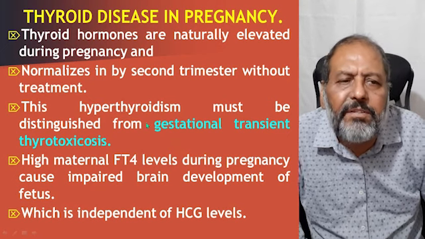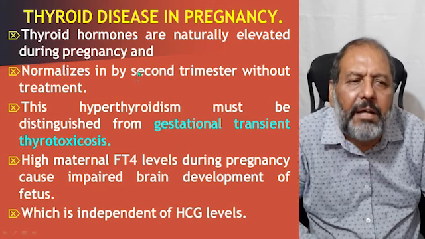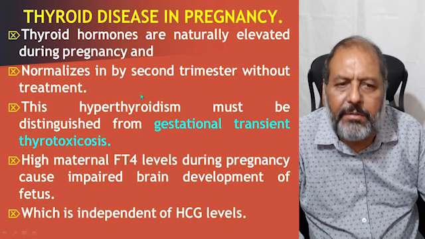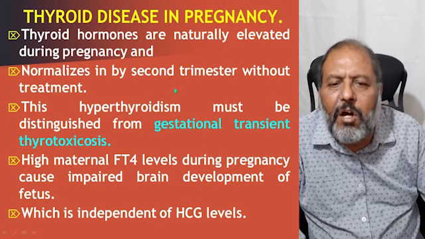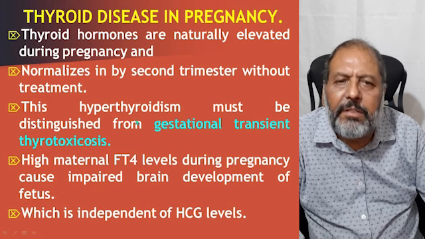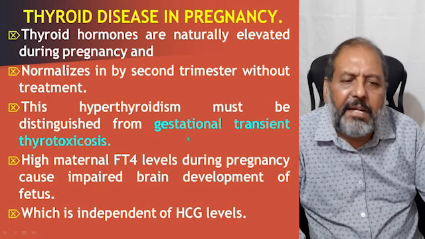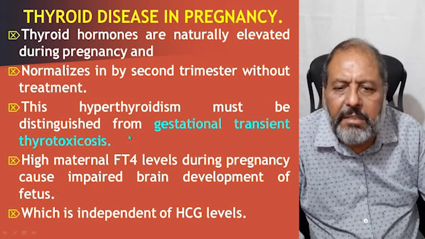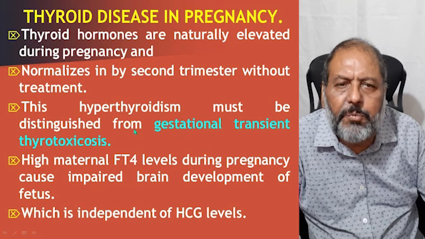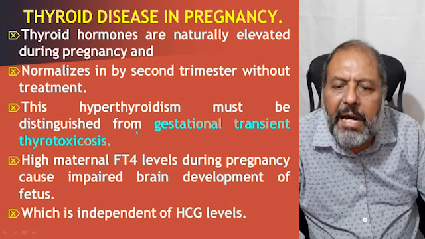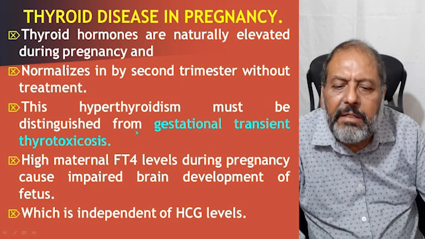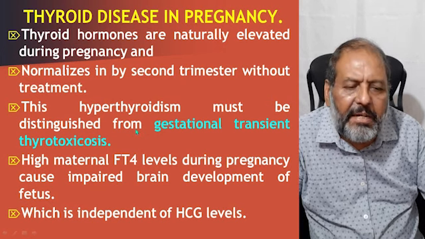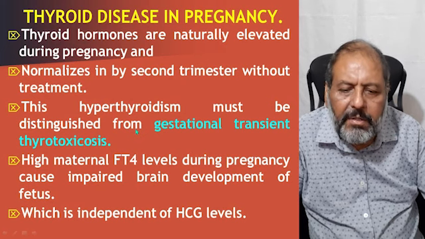Now, thyroid disease in pregnancy. Thyroid hormones are naturally elevated during pregnancy because of increased demand of these hormones, and it normalizes by the second trimester without any treatment. This hyperthyroidism must be distinguished from gestational transient thyrotoxicosis, which occurs in response to the pregnancy. There are high maternal free T4 levels during pregnancy, which cause impaired brain development of the coming fetus,